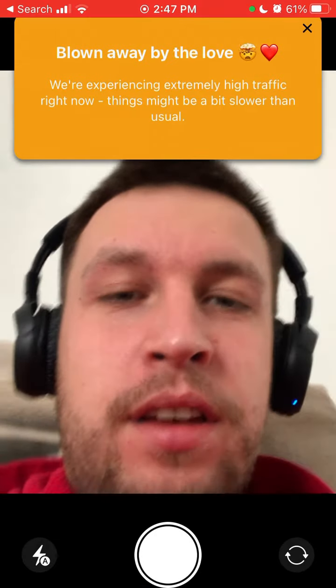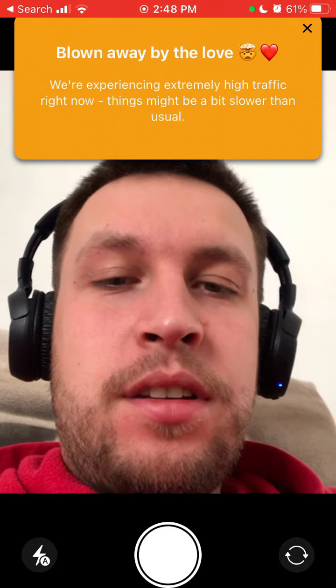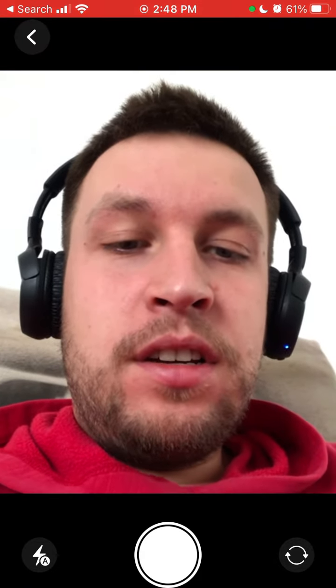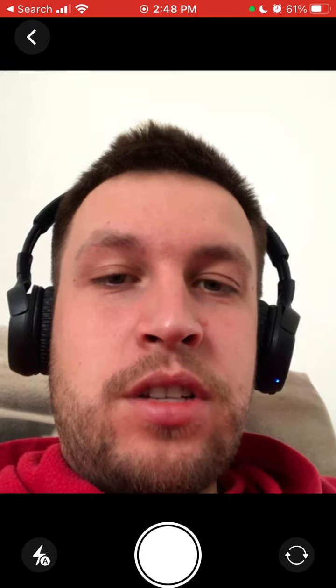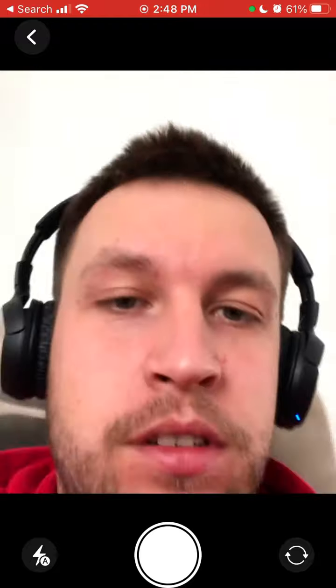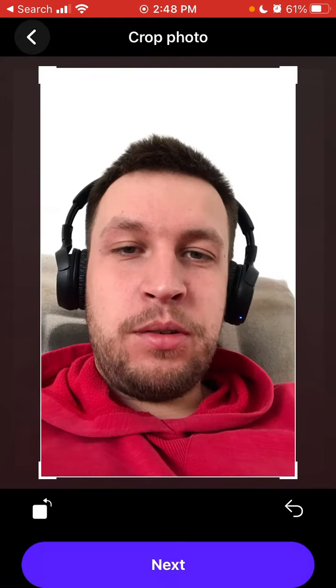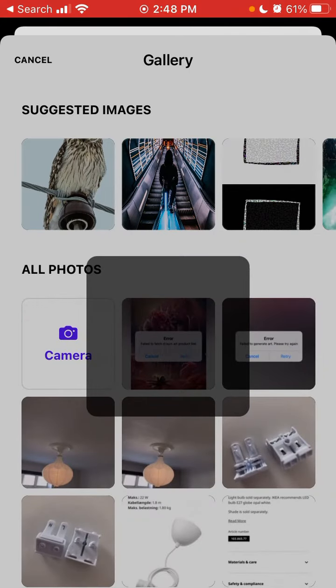So yeah, the camera is a bit hidden here, so not a lot of people can find it, but that's how you give access. Then of course you can change the direction of the camera. It can be front or opposite, and then you can just take a photo or use your selfie, and then you can just